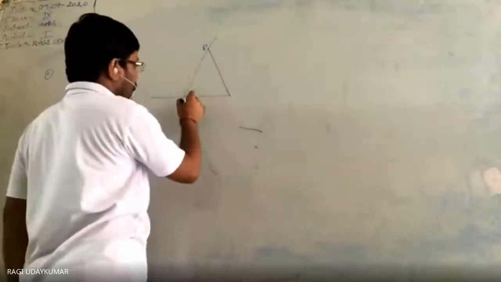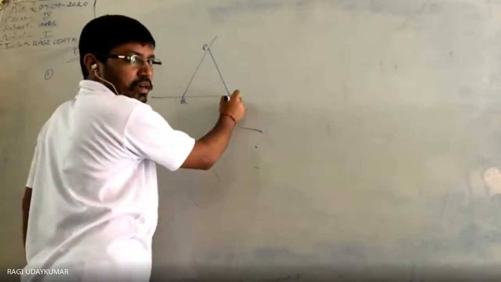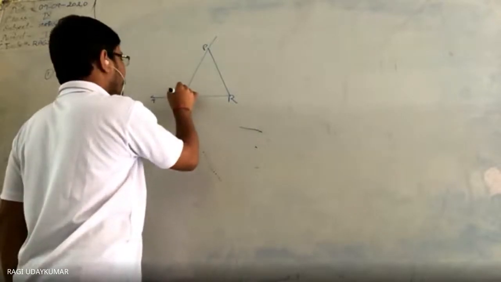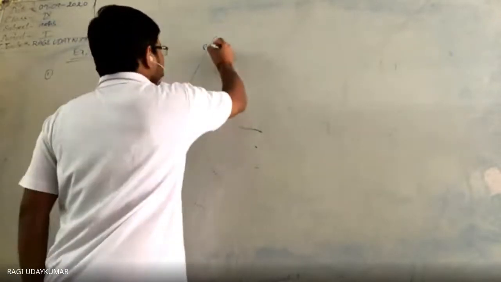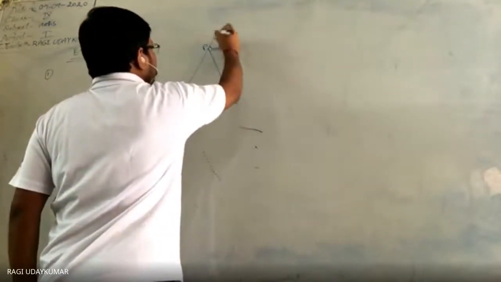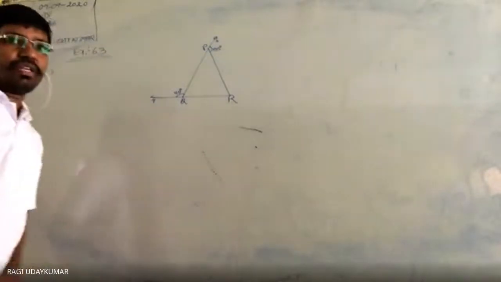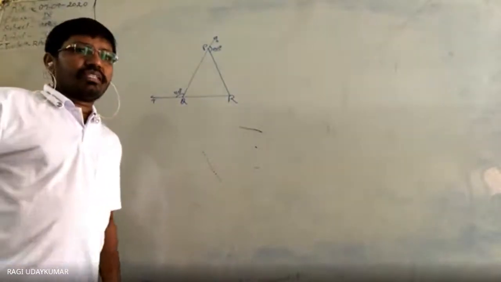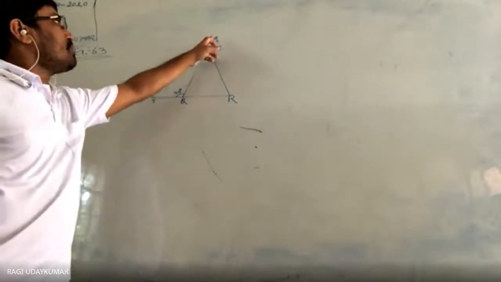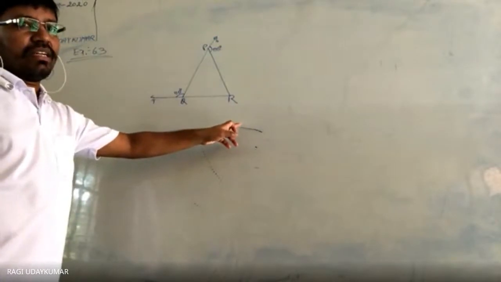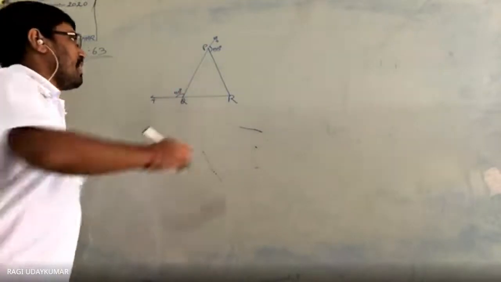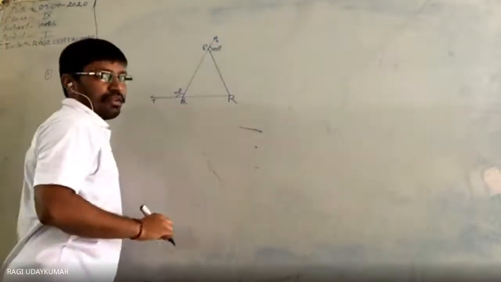P, Q, R, this is T, here 110 degrees, here 135 degrees, this is S. Now the question is: triangle PQR is produced to S and T respectively. Angle SPR is equal to 135 degrees, and angle PQT is equal to 110 degrees, and we are asked to find out angle PRQ.